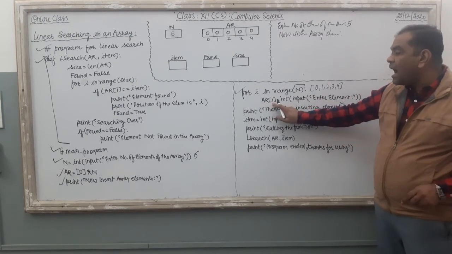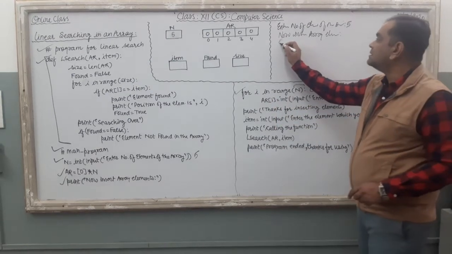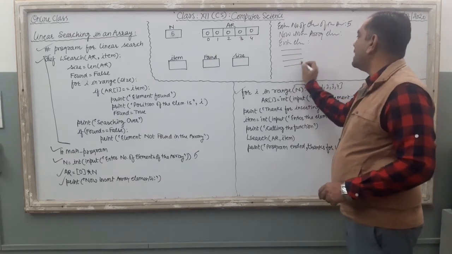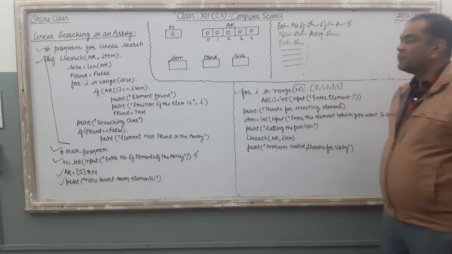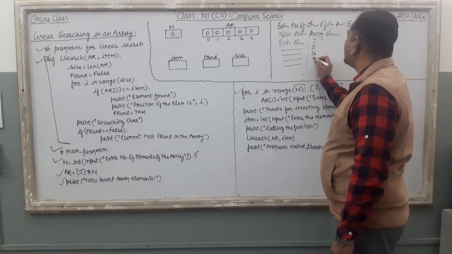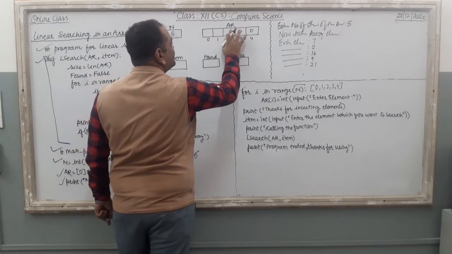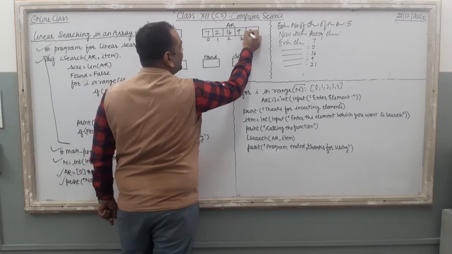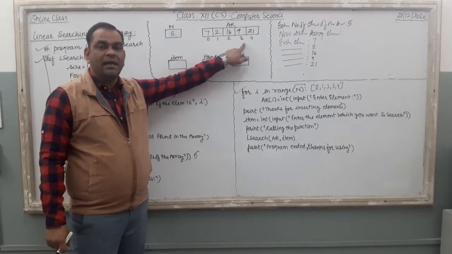Just see what is the line. AR i equal to integer input, enter elements, means the enter elements message will be there on your computer's monitor 5 times. 1, 2, 3, 4, 5. Computer demands 5 different values from the user. Right? Suppose user entered 7, 2, 16, 9, 21. These 5 values. So your computer is going to replace this 0 with the given value. The first one is 7, then 2, then 16, then 9, then 21. So by this for loop, array is created with the user defined values.